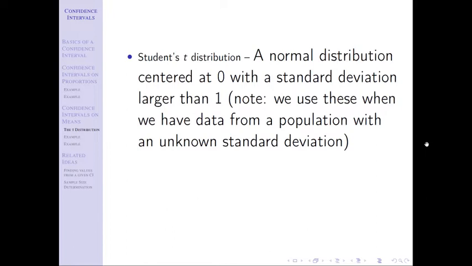We have to use a t instead of a z when we use s instead of sigma, because by estimating sigma, we're adding in variability, and I need a different critical value to make my confidence interval wider so that it does capture the parameter the number of times we say it will, right? That's the whole point of a confidence interval: I've got this range of values and I think it's going to capture the parameter most of the time. If my interval's not wide enough, it won't actually do what it says. I don't want it to be wider, but it needs to be wide enough to actually capture it the right number of times.